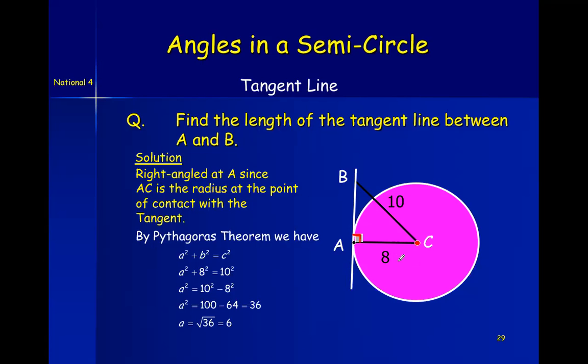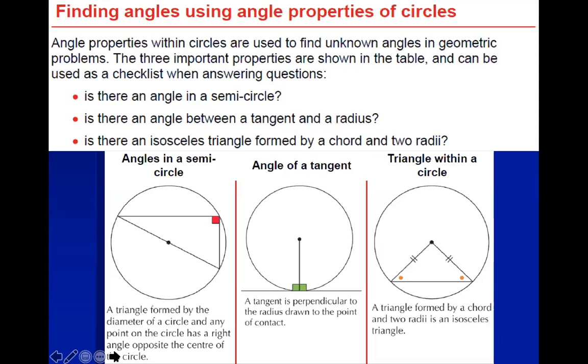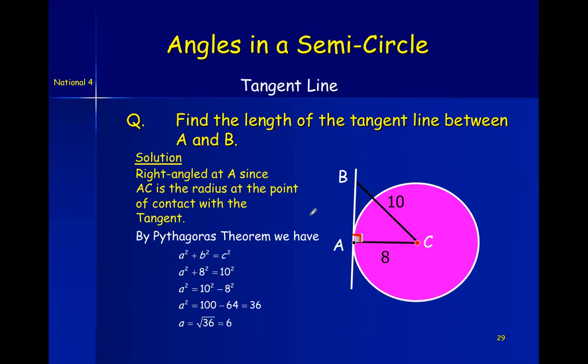They've not told me if it's 6 meter or 6 centimeter, just leave it as 6. Okay, so you would just write here 6 once you're done, or AB equals 6. You can just write that there, AB equals 6, or you can put it onto the... Okay. So in summary,